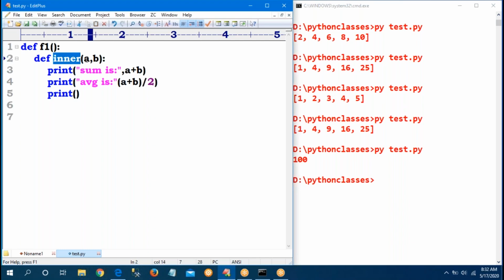The inner function contains two variables, a comma b. I want to call that inner function. I need to pass 10 comma 20, 20 comma 30, 30 comma 40, like that. How to pass that? Please tell.